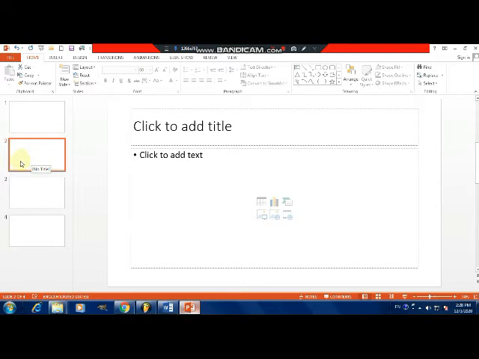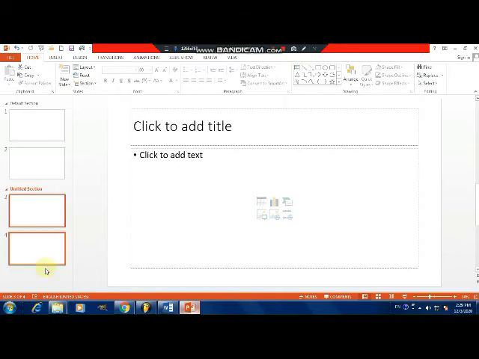After whichever slide you want to insert the section, you have to select the next slide. That means after the second slide we have to insert a section, so you have to select the third slide. Because whichever slide you select, it will insert a section before that slide. Now the third slide has been selected, then click Section and then click Add Section.